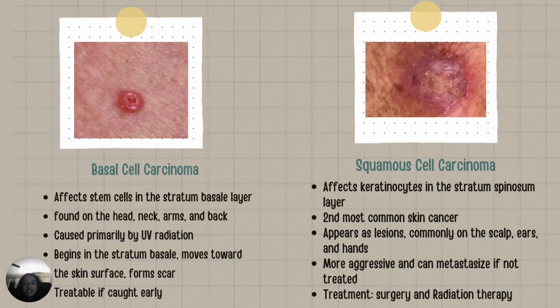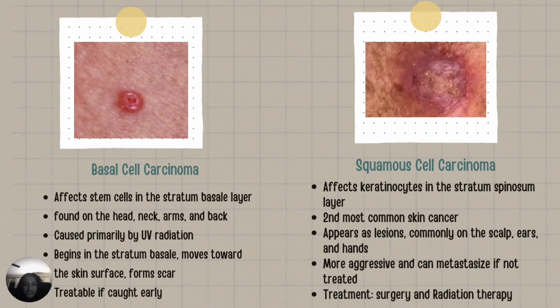So it affects stem cells in the stratum basale layer of the epidermis. It's the most common cancer in the US, often found on your head, neck, arms, or back. It's caused primarily by UV radiation, and other causes include radiation and skin wounds like open sores, tattoos, or burns. It begins in the stratum basale, spreading along this layer before moving toward the skin surface, forming an uneven patch, bump, growth, or scar. It is treatable if caught early, and it can be treated by surgery, freezing,